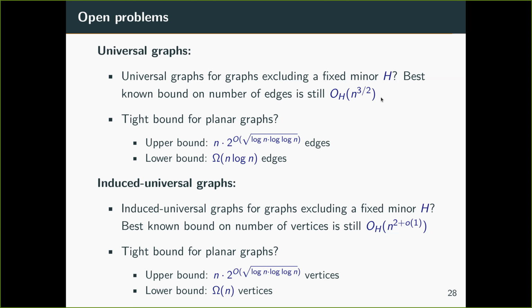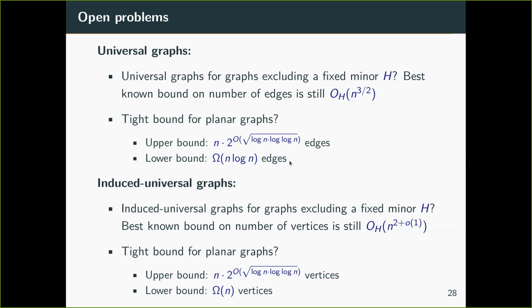the number of edges. So if you exclude any graph as a minor, there is a root n separator. So using the stuff from the beginning of this talk, you get an n to the 3/2 upper bound on the number of edges. And for an arbitrary h, we don't know a better bound. I mean, I would guess it's likely that there should be a near linear bound, but we don't know how to prove it without a product structure. And we have no idea how to go beyond product structure. For non-repetitive colorings, there are tricks to go beyond product structure, but here we have no idea how to do it.